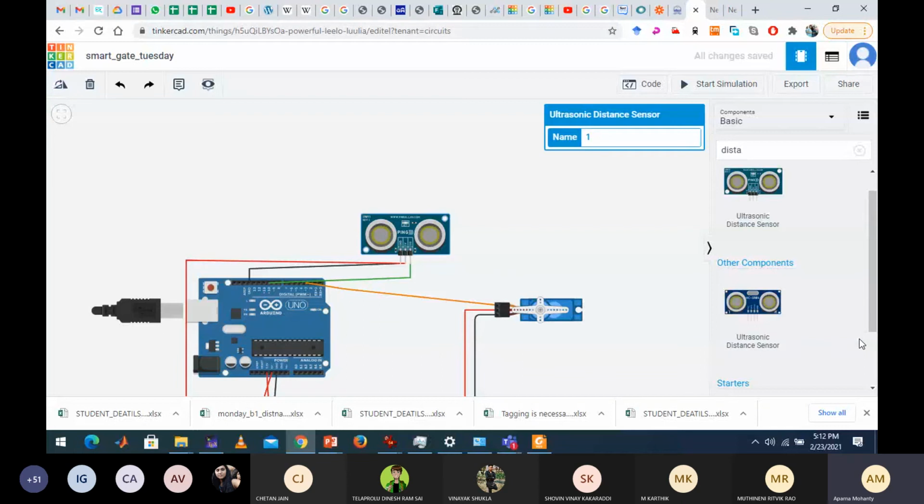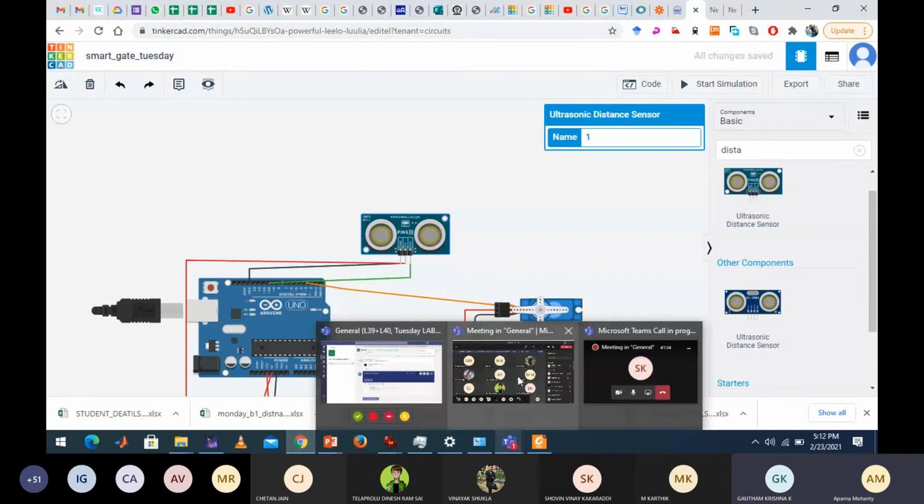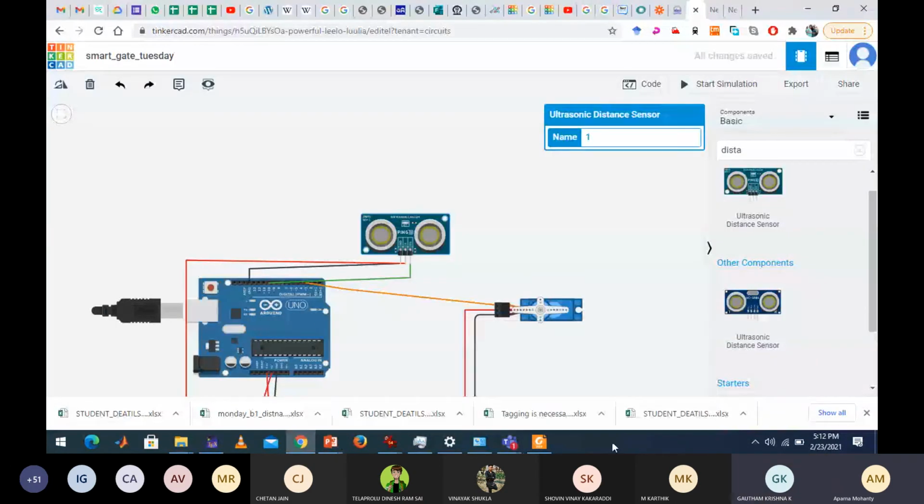Ma'am, what about the power supply, ma'am? You have to connect it to 5 volt. Ma'am, can we connect one wire onto the other wire, like how it is in Multisim?